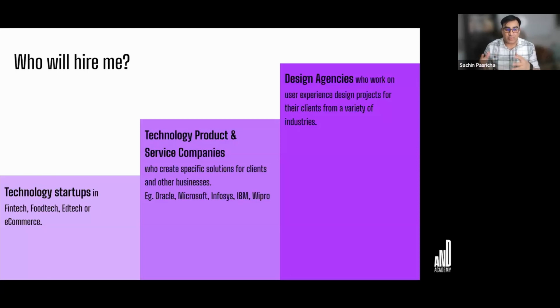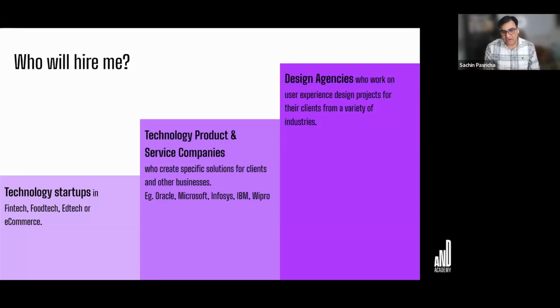Then there could be technology product companies, companies like Oracle, IBM, and all. They build a lot of in-house tools. For example, you could take any of the financial tools, to name one, like Pinnacle and all. All of these are also part of the UX UI design piece where somebody has developed those kind of screens to be used.